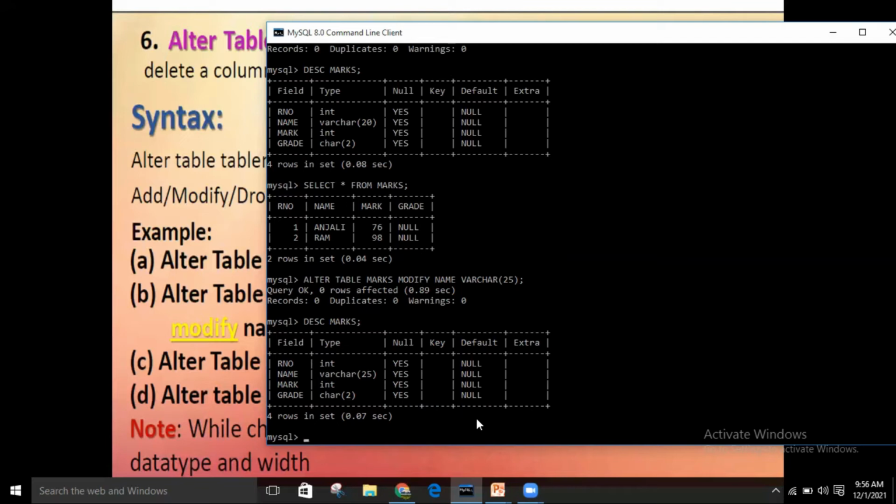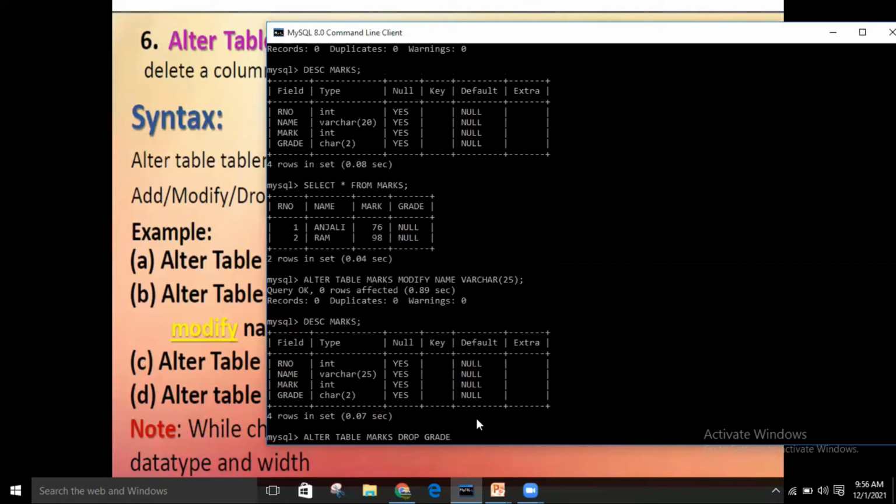I don't want this grade column. So what I can do is, again, because you want to make changes in the table structure, alter table. What is the name of the table? Marks, and you want to delete the column grade. So write down drop, and which column? Grade, right?